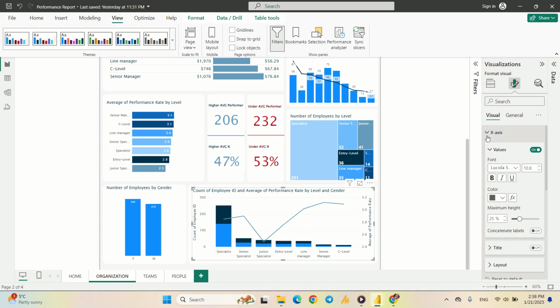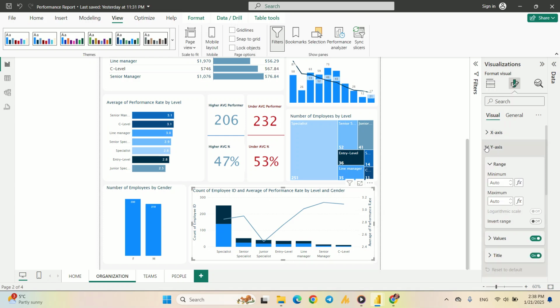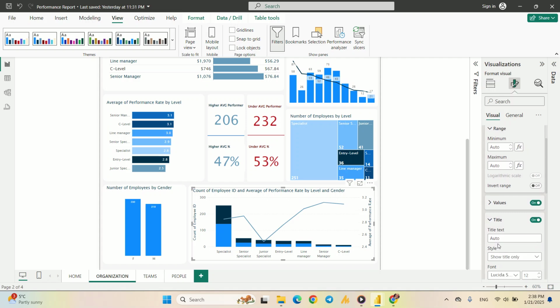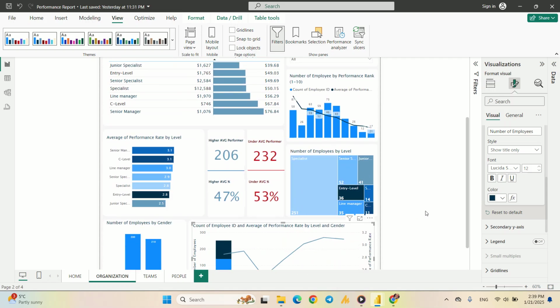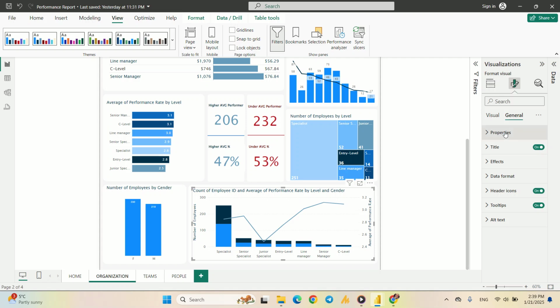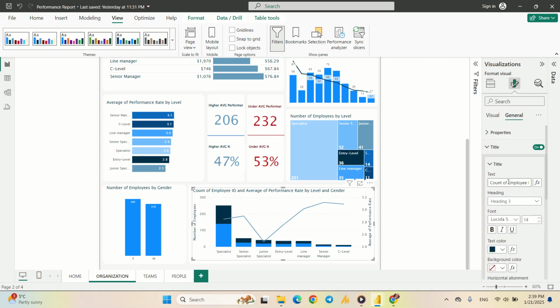And come here. Here you can change the title: number of employees. Great, and I think it's great. And you don't need to change the font or color of the font, because before that we customized our theme. So it's great. If I want to go to general, I want to change